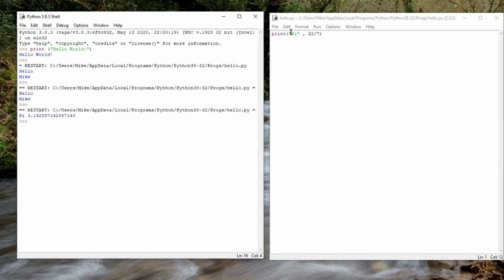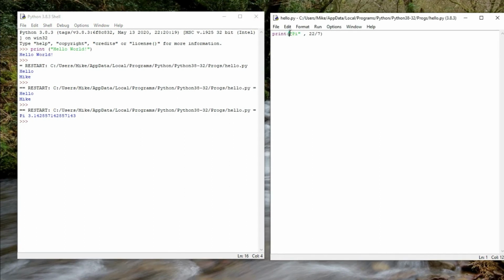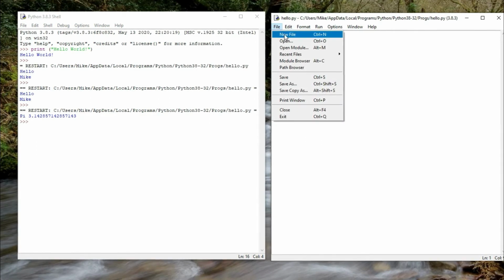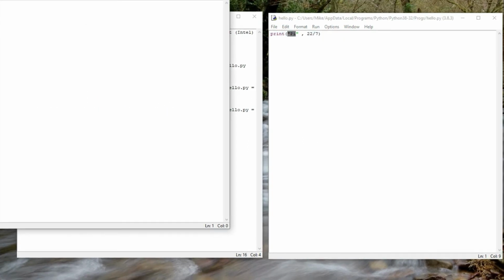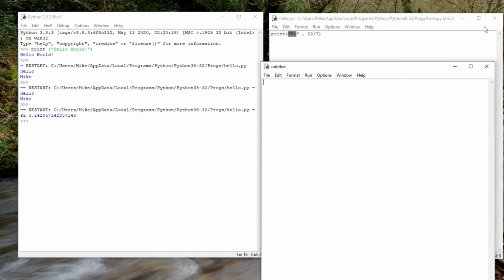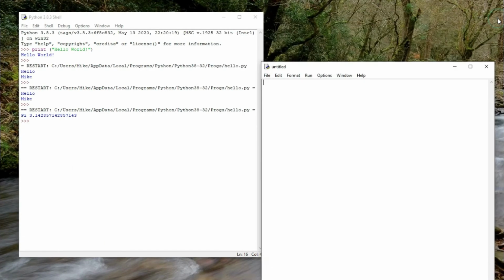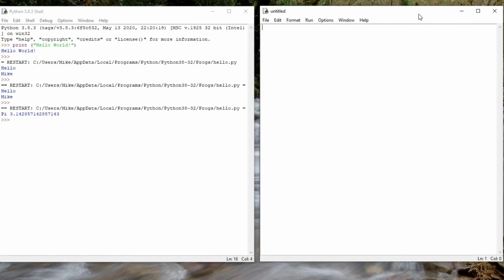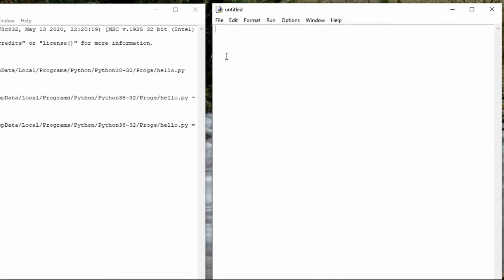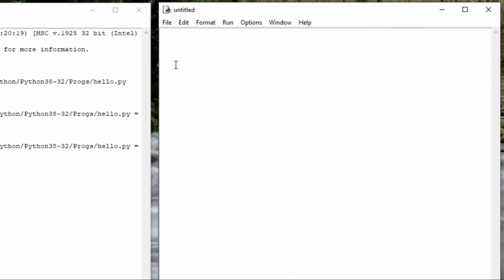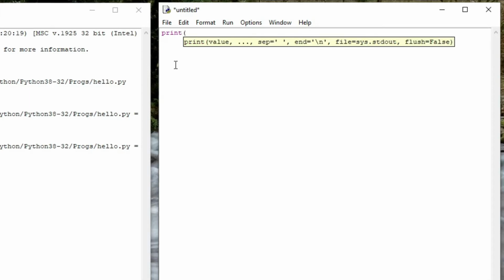Now we're going to create a new file, so we'll just go file and we'll have a new file. Brings up a new window. We'll close that window, put that one there. So now we're going to put a number of print statements in, so we're going to put print, and we'll have addition,